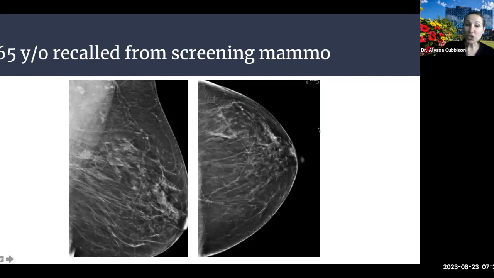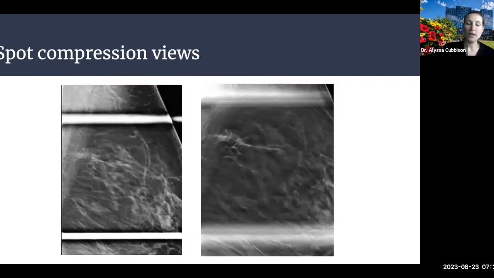So I actually showed this case already, but this was an asymmetry that was recalled from screening mammography in a 65-year-old patient. I didn't include the spot compression views, but here you go. This is them, and I think this is even more subtle than the last, because I think the last one actually showed a true mass or real convexity. There's no real convexity, but